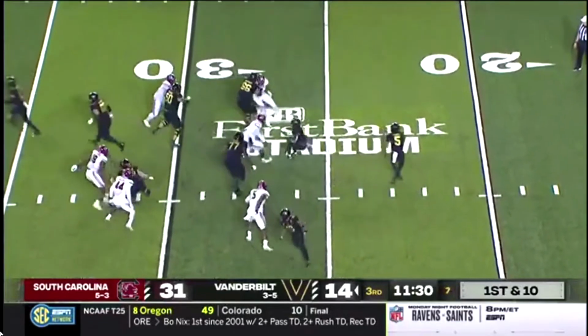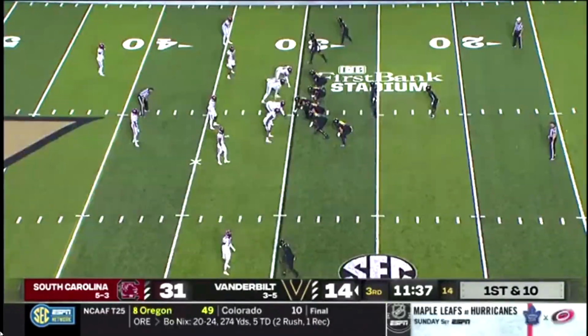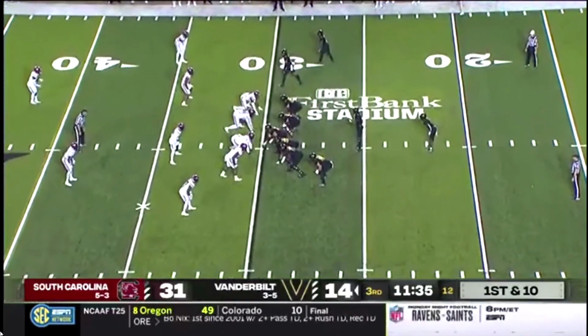Guess who's in the backfield? Yep, you guessed it. Mr. Zach Pickens. He disrupts a lot of plays. Okay,